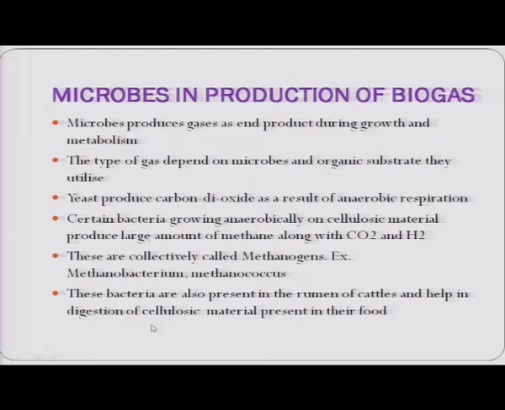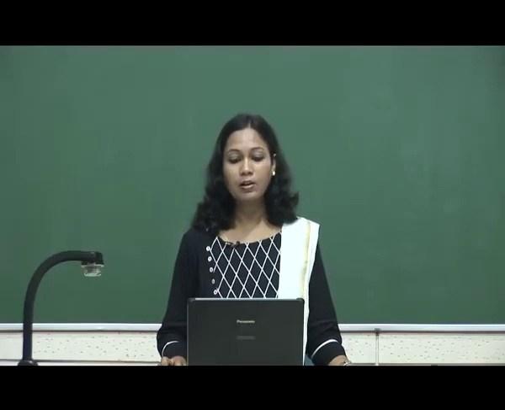The ruminants or the cattle, which include cows, buffaloes, goats, are dependent on grasses for their food, and grasses have a high level of cellulose. If we eat them, we will not be able to digest them, but because of these bacteria which are present in the rumen of these cattle, they help in the digestion of the cellulosic material present in grass and the leaves of the trees. So, by telling you all this, I want to explain to you that the microorganisms have this